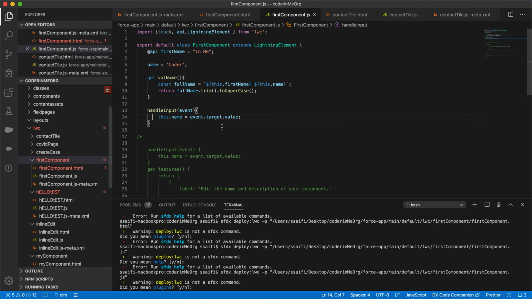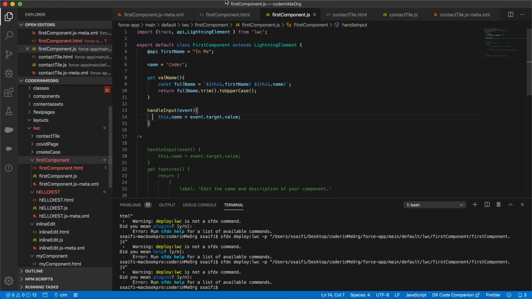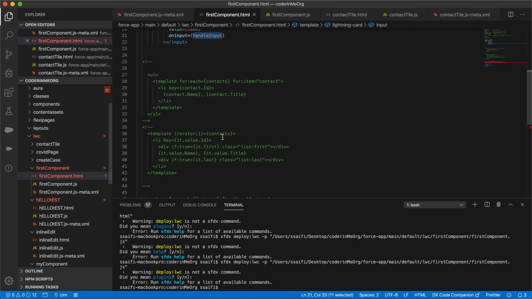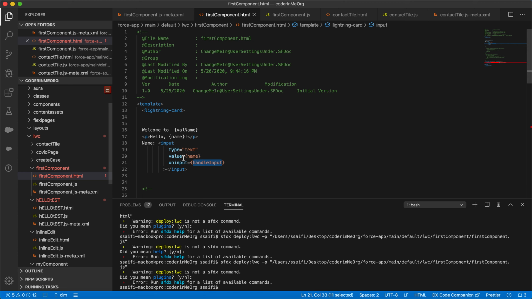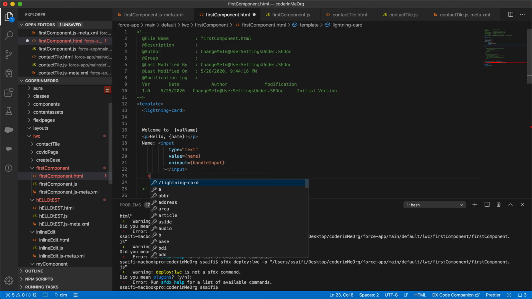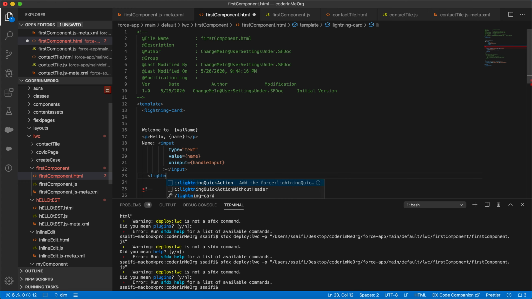You can handle the input, how you can handle the value, some things that you can directly understand. Okay, let's see one more thing, and that is very easy. We will take lightning input